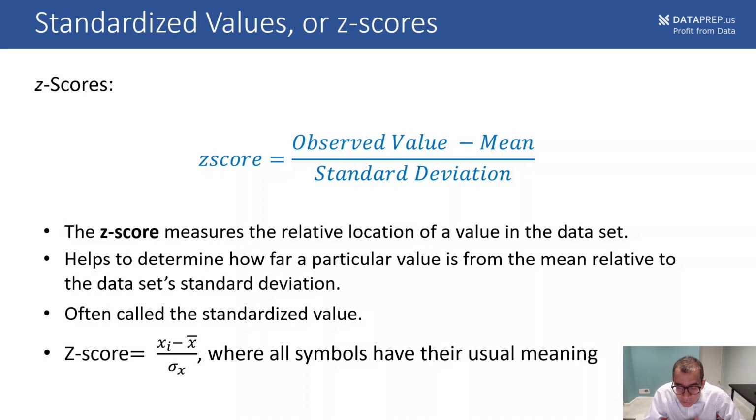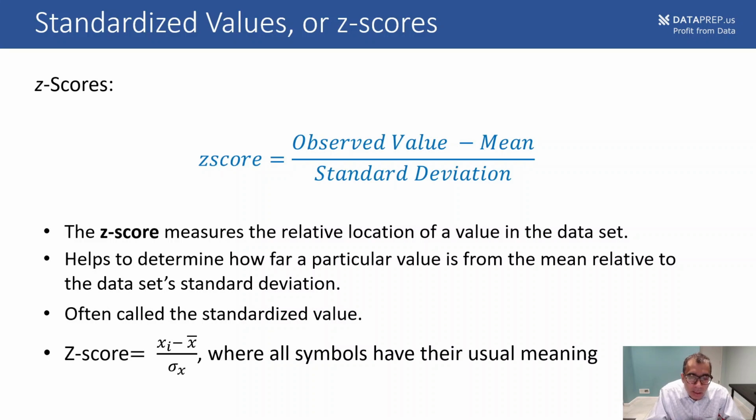And if you recall the discussion on standard deviation, most of your values are going to lie within 3 standard deviations of your mean, which means z-scores greater than 3 on either side of the mean. So anything lower than -3 or anything greater than +3 would be quite unusual or abnormal. They could potentially indicate outliers. This is also called the standardized value. This is a very useful computation that we often have to do, especially when we get to modeling,